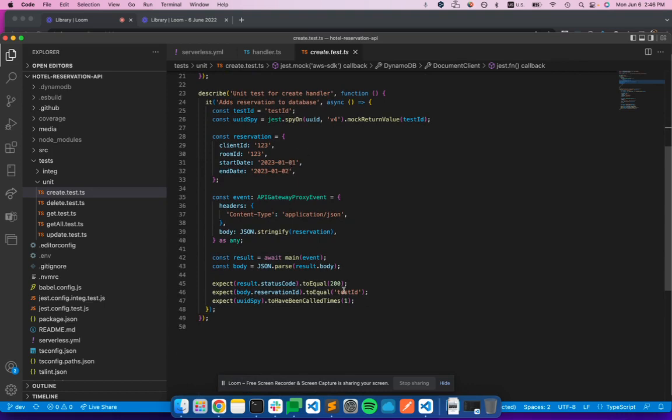The reservation ID and the output are what we expect, and we're going to review that when we deploy